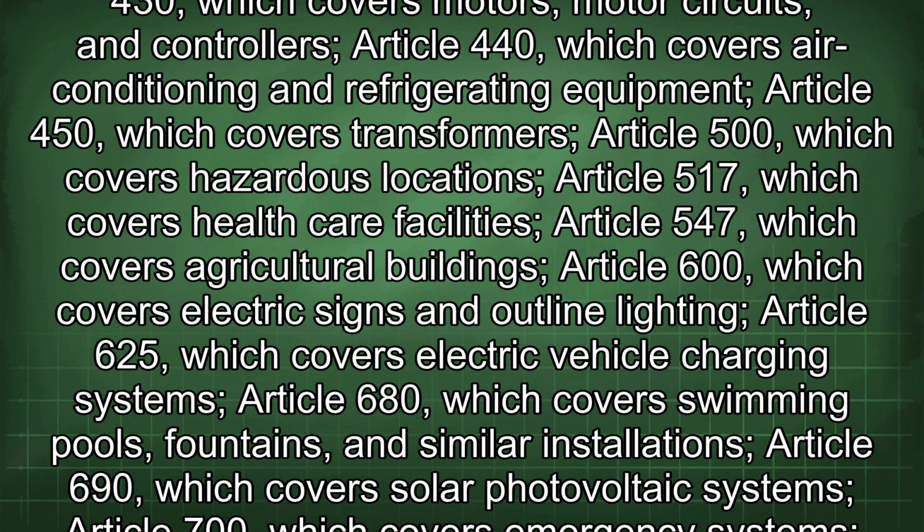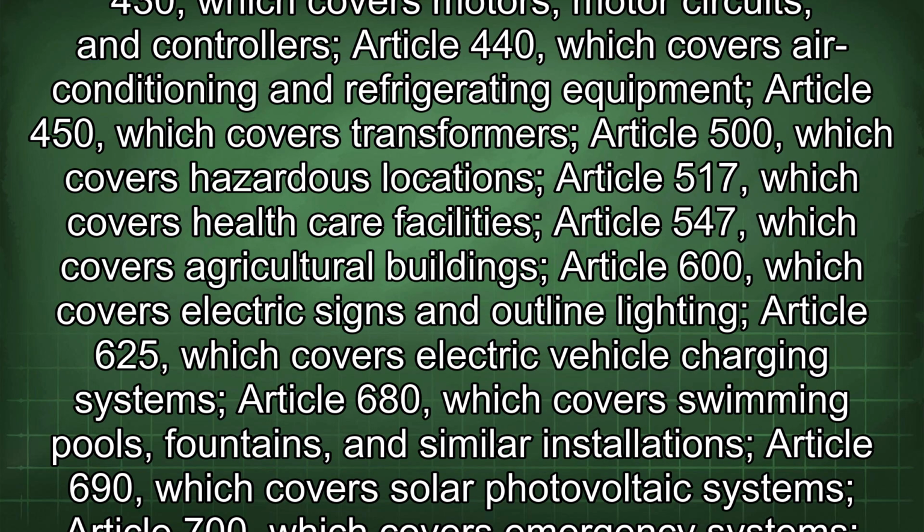buildings, Article 600, which covers electric signs and outline lighting, Article 625, which covers electric vehicle charging systems, Article 680, which covers swimming pools, fountains, and similar installations, Article 690, which covers solar photovoltaic systems, Article 700, which covers emergency systems, Article 701, which covers legally required standby systems, Article 702, which covers optional standby systems, Article 705, which covers